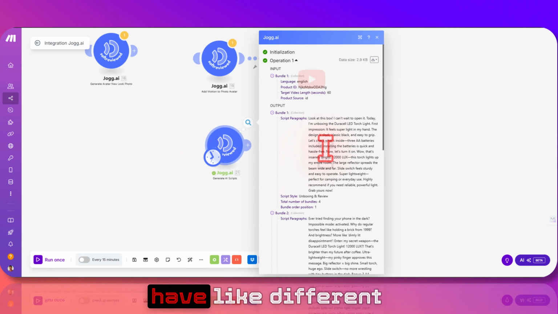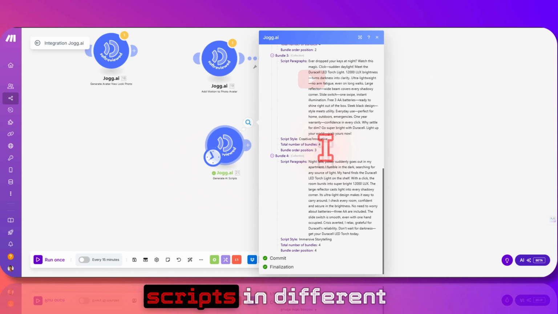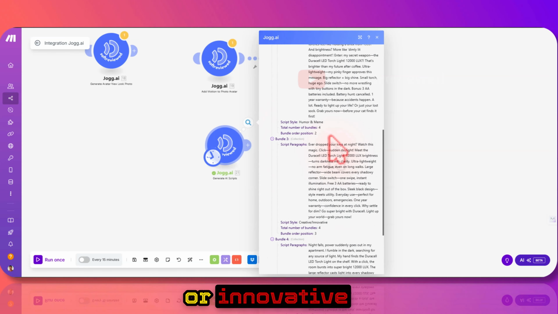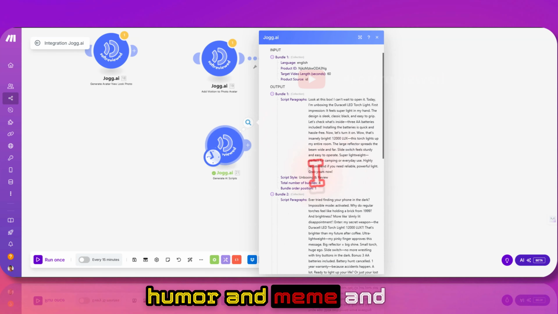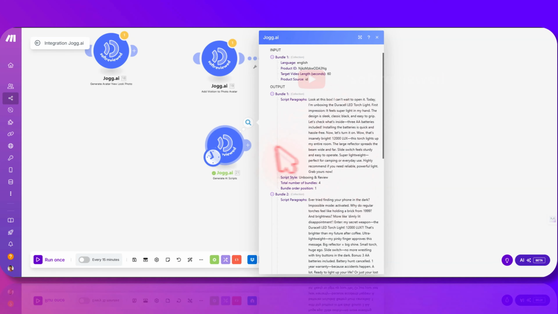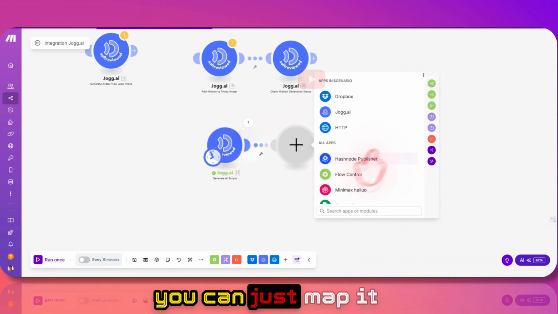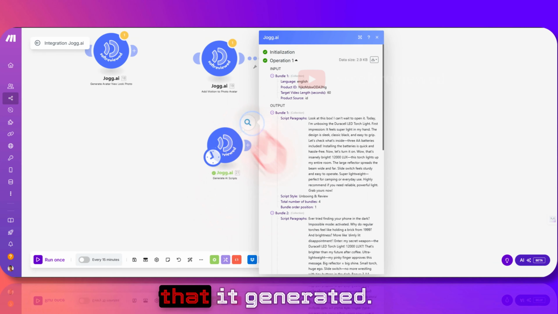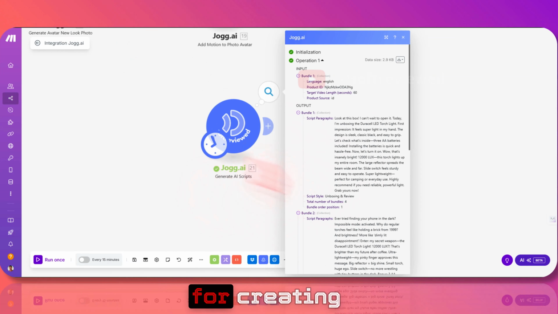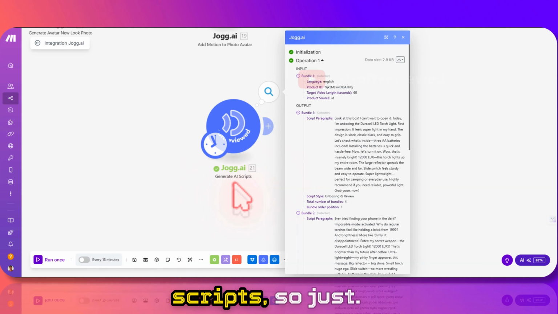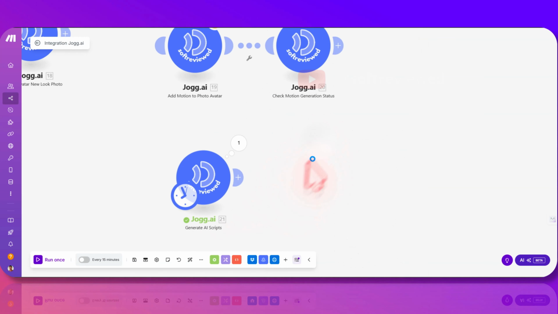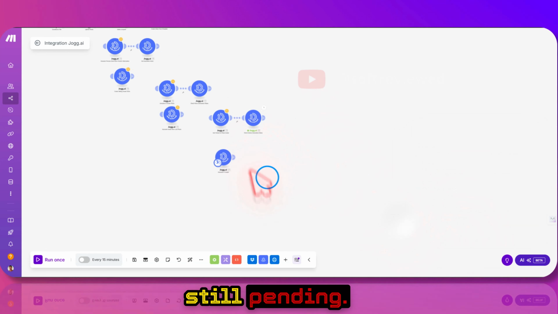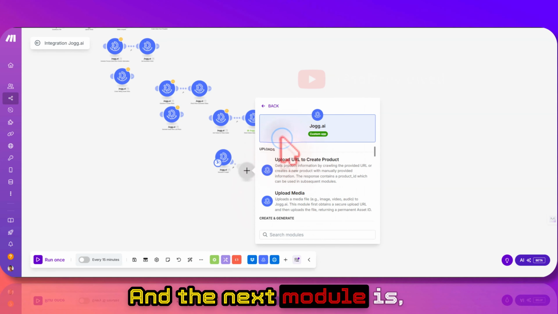And as you can see, we have different scripts in different styles: immersive storytelling, creative or innovative, humor and meme, and unboxing review. And now if you want, you can map it to the next module if you want this specific script that it generated. So this is used for creating scripts. I just wanted to show you guys that as well. Let me see if it's still pending. And the next module is